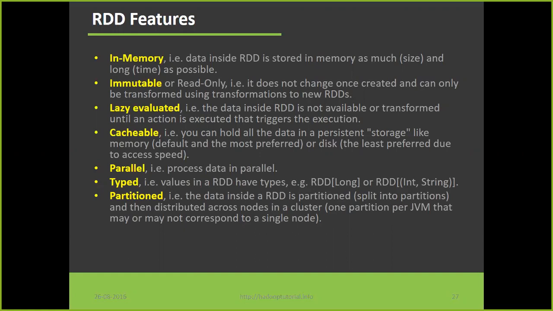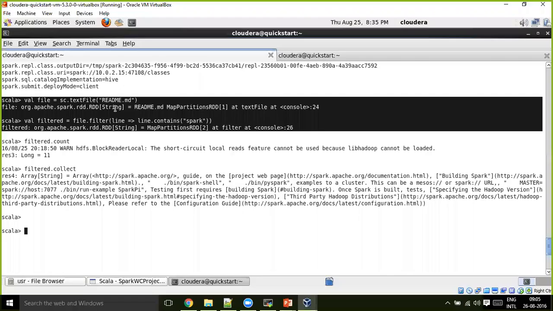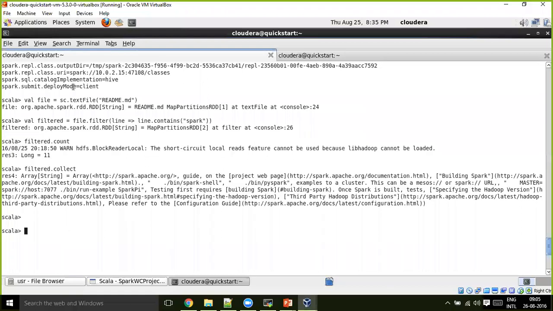In order to explain this, let me take this example again. What will happen in this case: when I run filtered.count, it will go to the readme.md file, get loaded into file, and from file, filtered will get created.